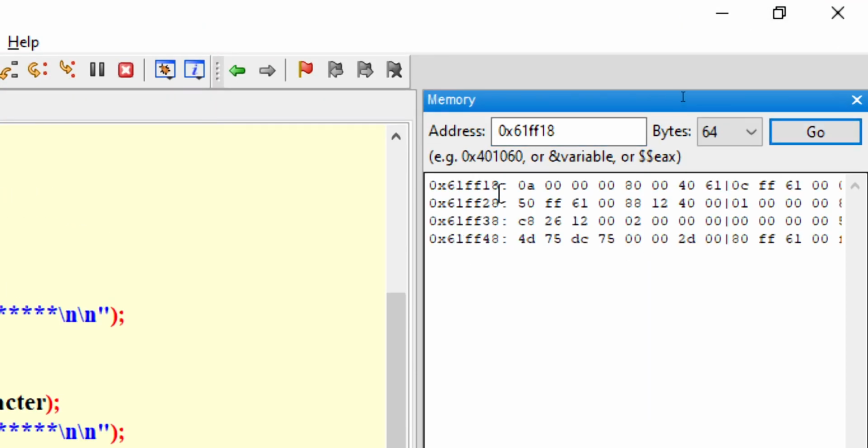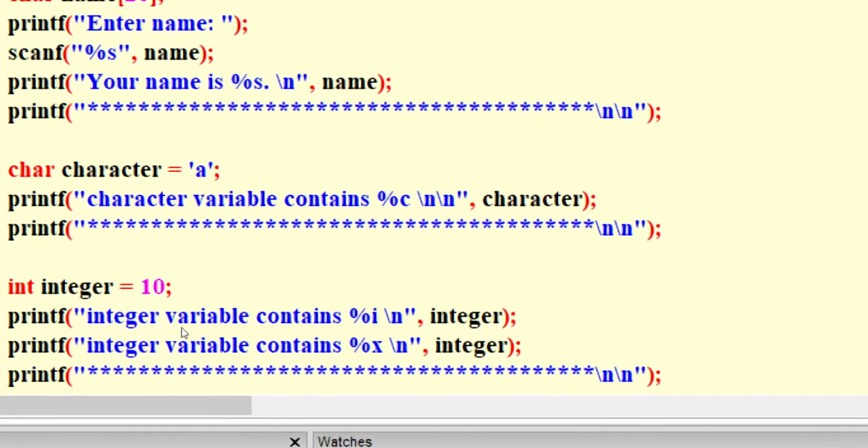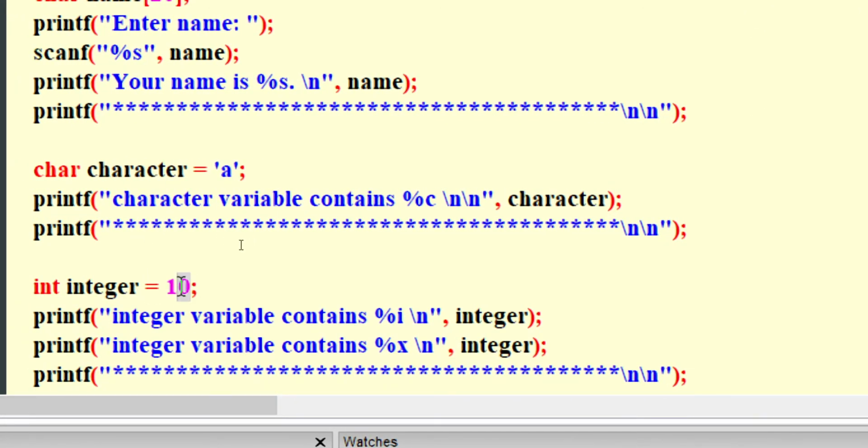Now you can see here, this is the address 61ff18. And what is the data inside that address? 0a. Remember, this 0a is represented in hexadecimal. So the value of a is 10. So what does that mean? It means the variable that we have assigned here, you can see integer is 10.